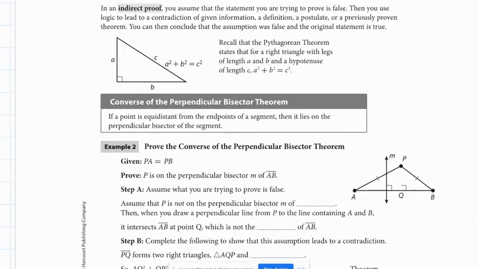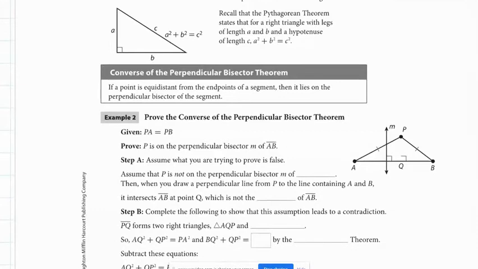And then on the next page, we have the converse of the perpendicular bisector theorem. So the converse means it reads in the opposite direction. So the first theorem says if A, then B. The converse would be if B,